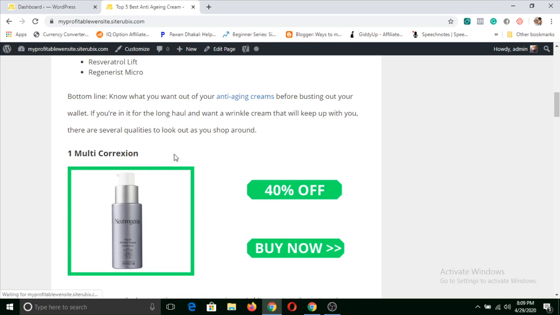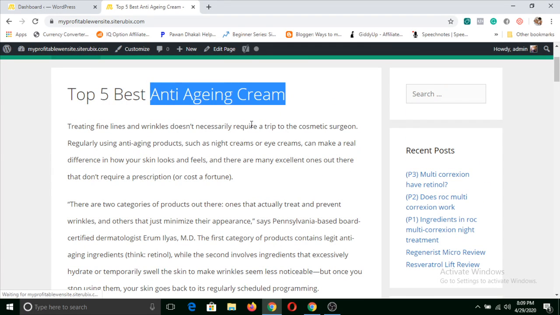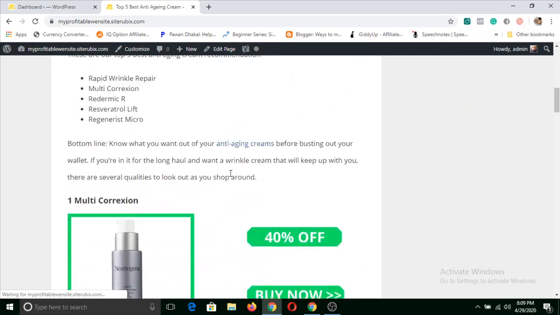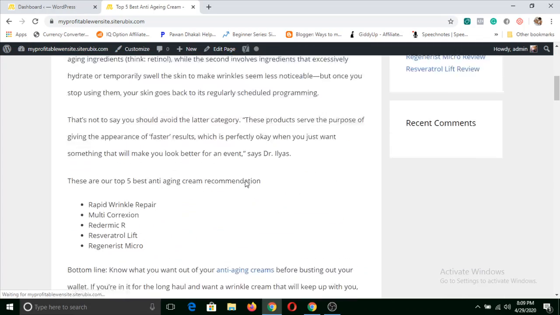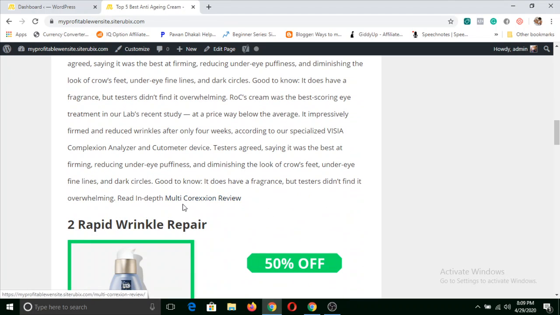Firstly we researched a keyword for our top 5 anti-aging cream, and anti-aging cream is itself our keyword. And then our next keyword would be ROC multi-correction review. Such a keyword we'll be using in our review post.